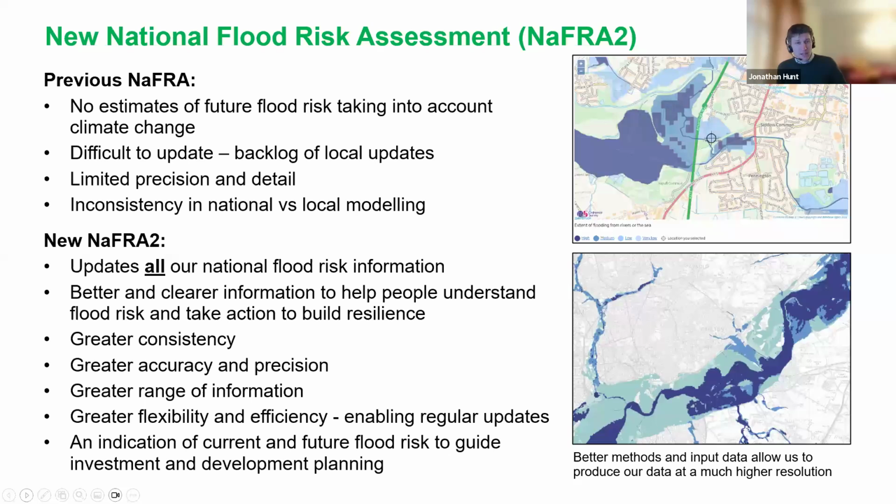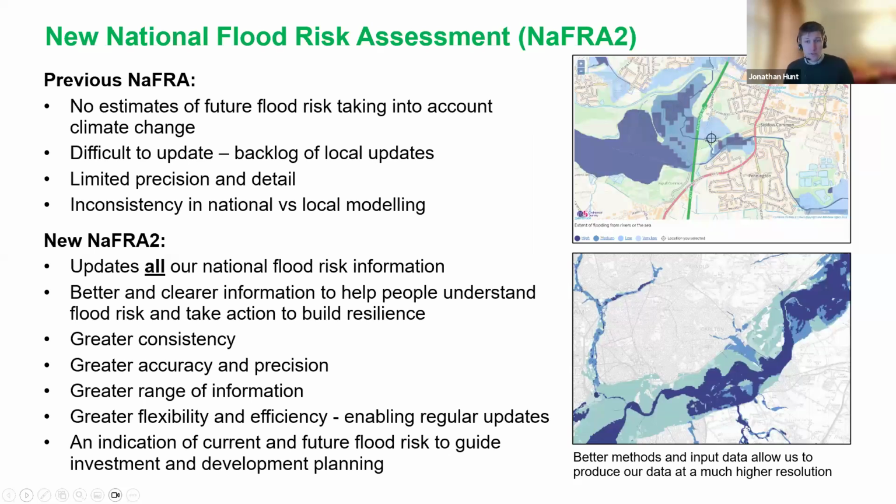NaFRA2 is also improving our accuracy and precision as a whole. So we'll be using the best available local flood risk models in our national products. And those will also be supplemented by the new national modelling, which is a step change in our national flood risk modelling. So it uses the latest topographic data, it uses updated hydrology, it's able to map flood risk at a much higher resolution than previous national modelling. And it captures smaller watercourses than we were able to include in previous national modelling. So smaller watercourses will be included in the flood zones, for example, where we didn't previously include them because of limitations in national modelling.